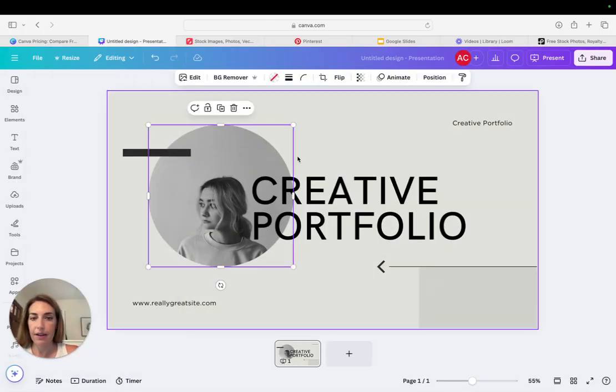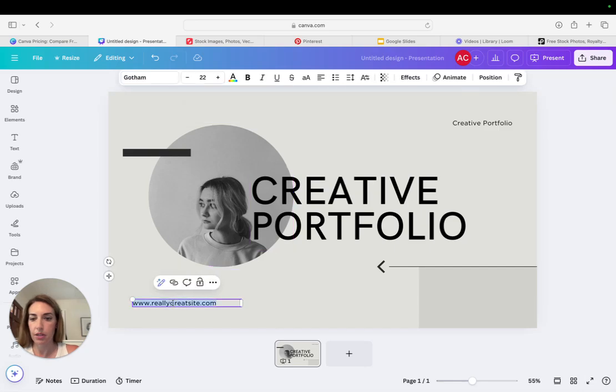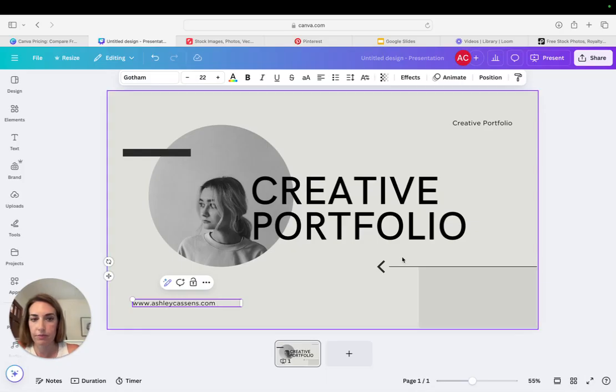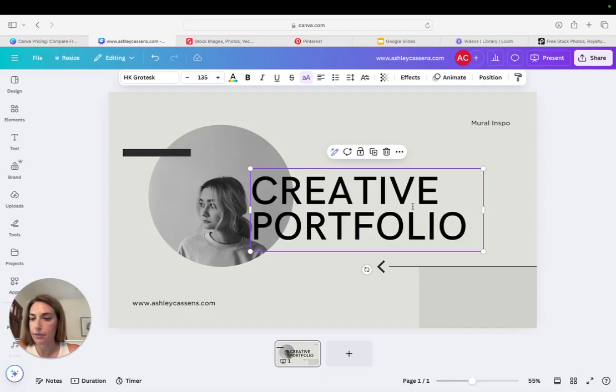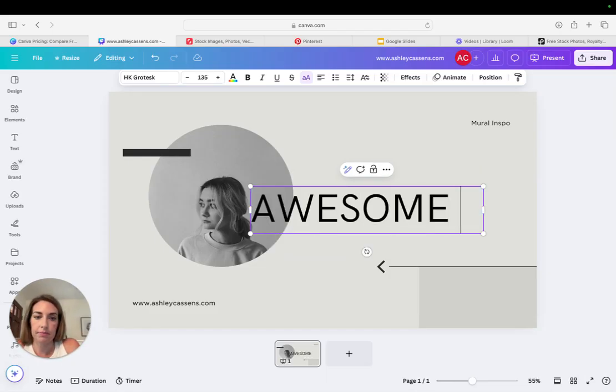If you have something like this, you would automatically update it. So you could put your email in there. You could put mural inspo or mural mockups in there. And then generally I would put the client that you're presenting to. So I really encourage you in this course to develop for a specific wall or a specific client that you already have in mind. So for example, I'm going to use awesome